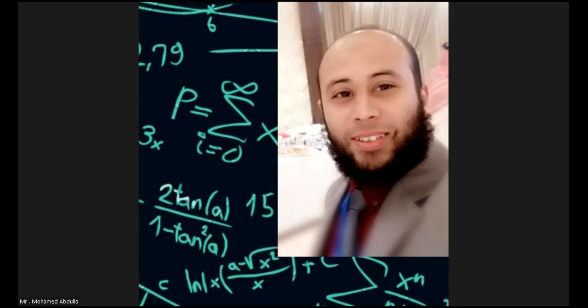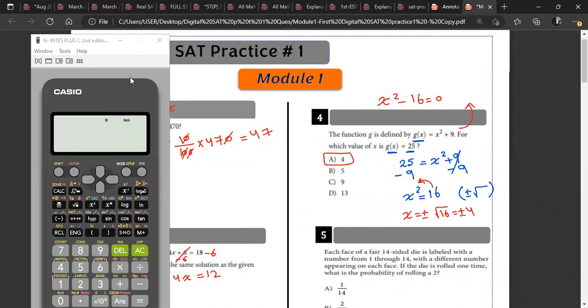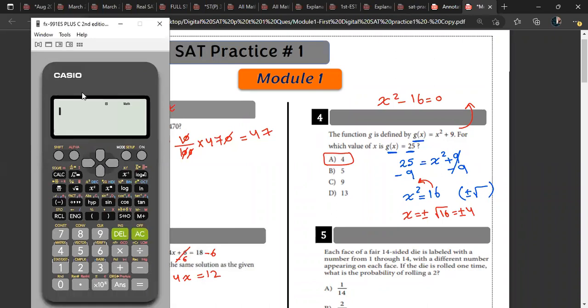Just give me 1 second. Just 1 second, okay. Look here. Here, you have a calculator. You can use it directly. You have x squared minus 16. So you will use mode